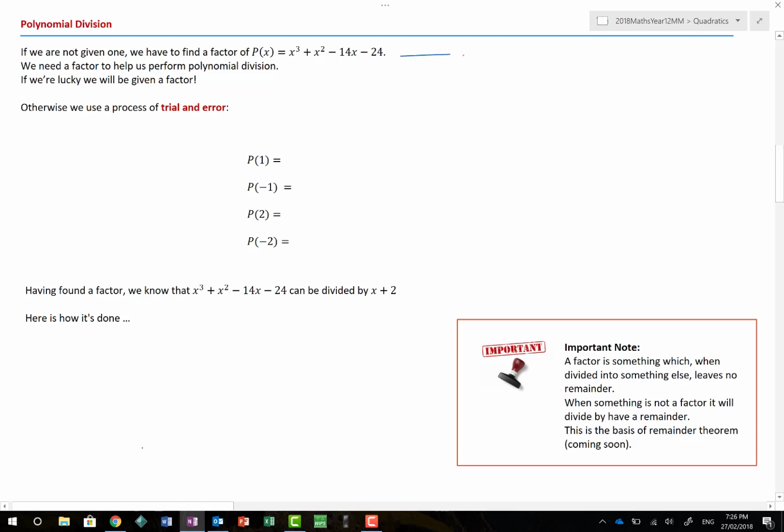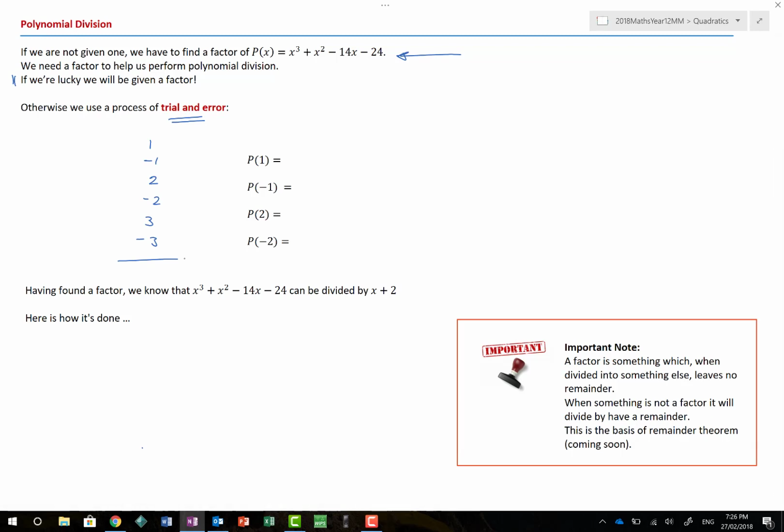So we've been given this polynomial here, and we've got to try and find an initial factor to help us do the division. Because at the moment, I don't know what I'm going to divide this by, right? As I say, we might be lucky to be even one, but otherwise we use a process of trial and error. And that trial and error is put an x value of 1, an x value of -1, an x value of 2, an x value of -2, an x value of 3, an x value of -3. Now, if you've got to that point and you still haven't found one, then I'd probably give up or use